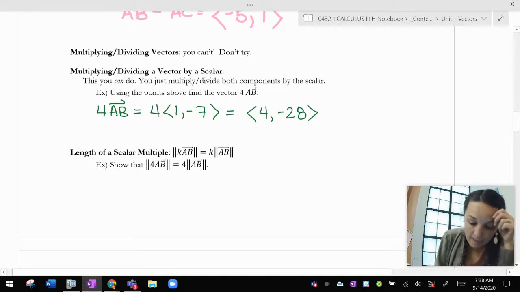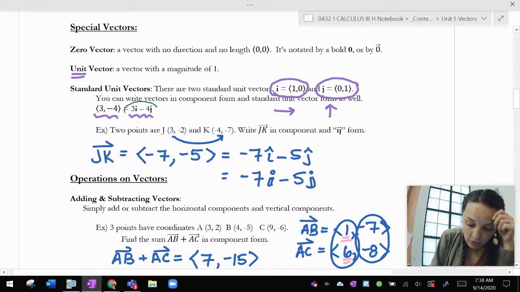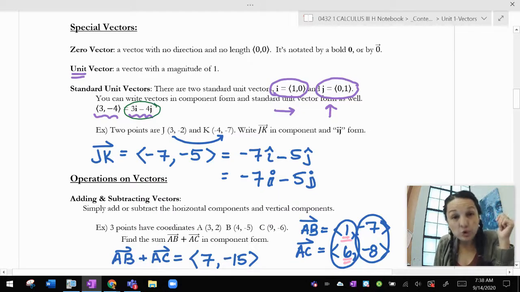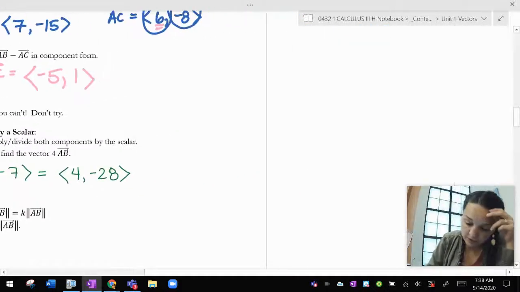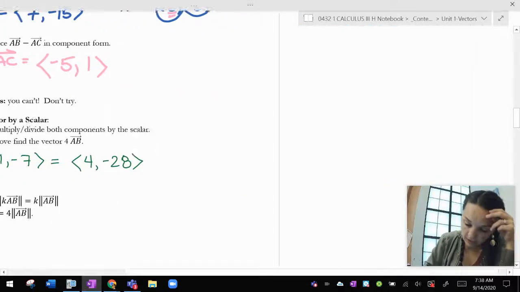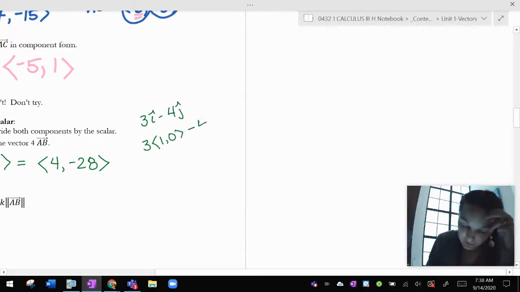Now, I had said earlier that technically we had already done operations on vectors. We did, because way up here, where we said 3i minus 4j, that's technically 2 scalar multiples of i and j. So if we think about that, I'll do this off to the side, hypothetically. 3i minus 4j really means 3 times 1, 0, minus 4